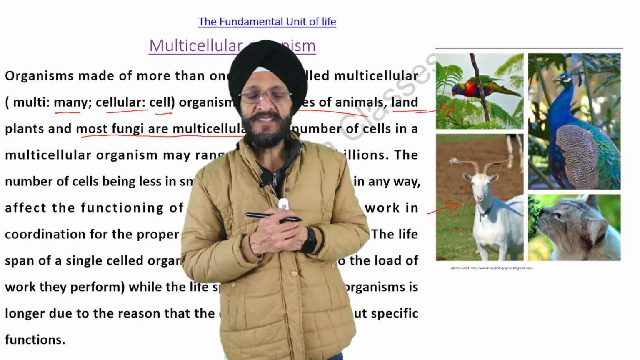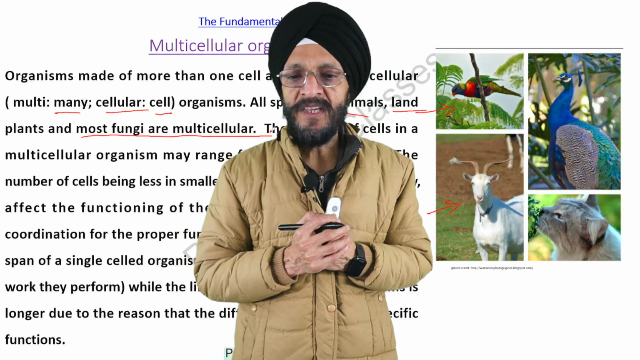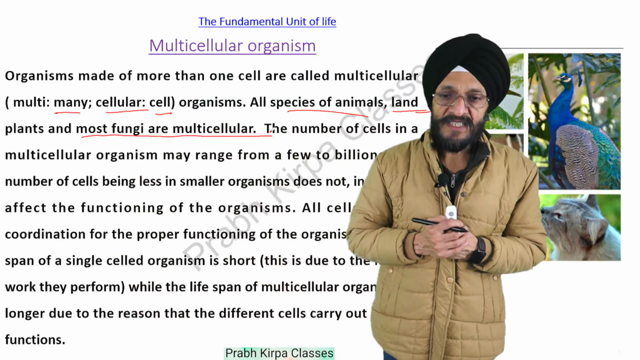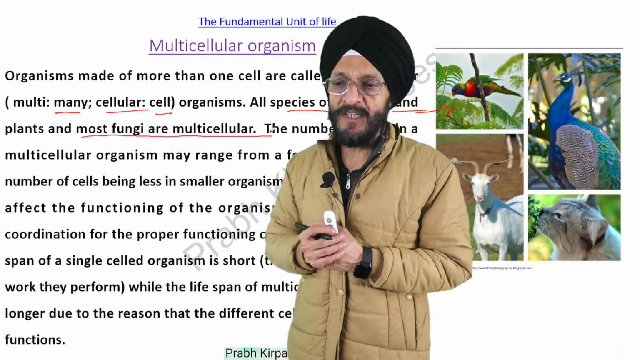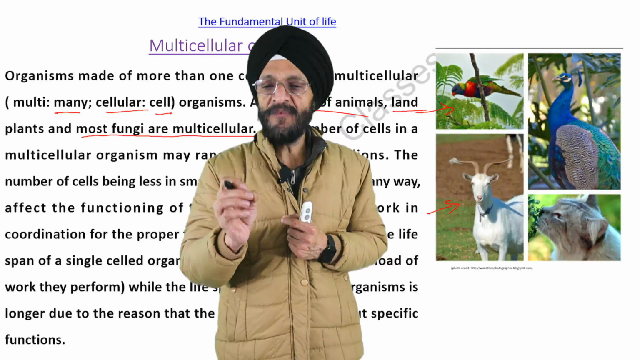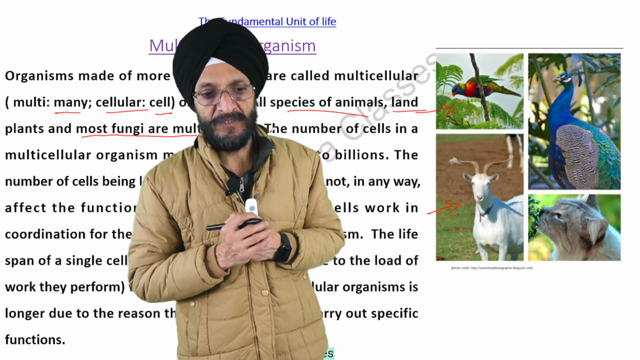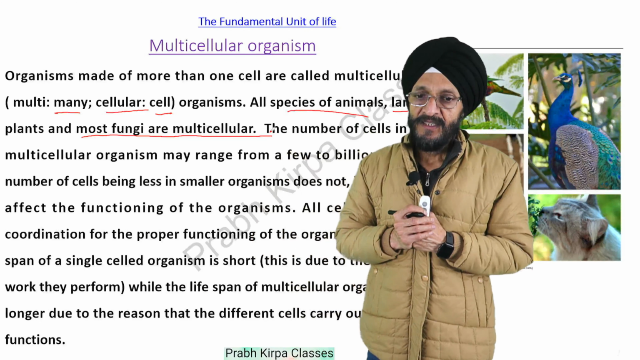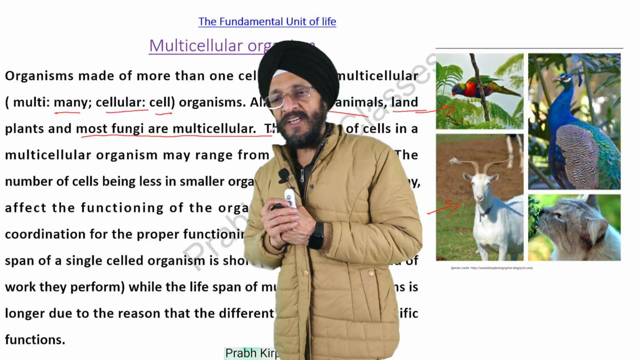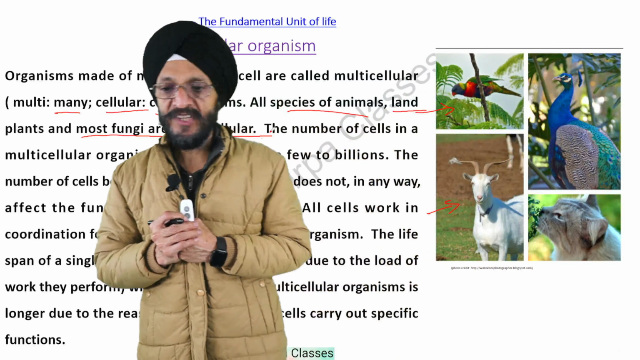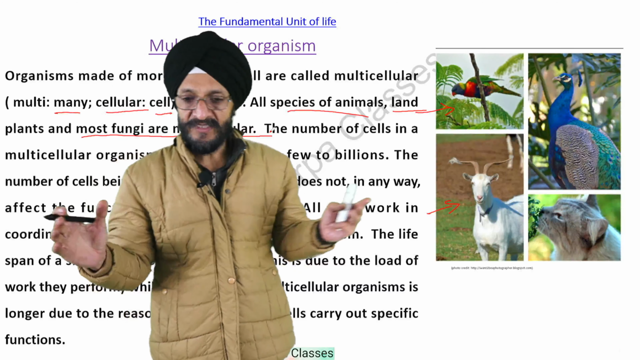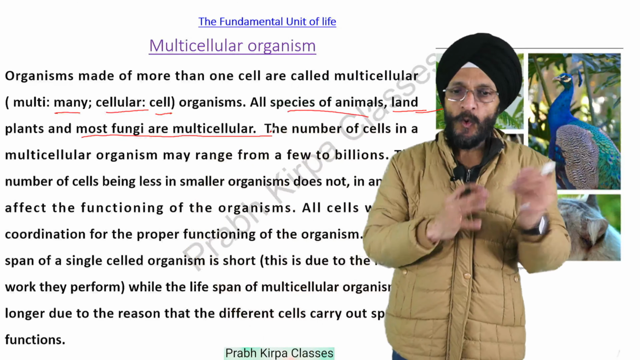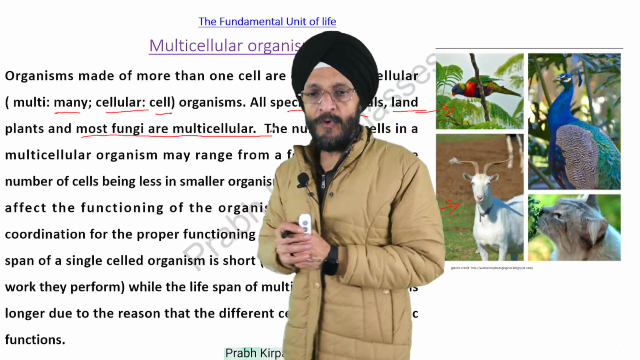Now the question arises, how many cells are present in a multicellular organism? The number of cells present in multicellular organisms may range from a few to many billions. The number of cells being less in smaller organisms does not mean that it affects the functioning of the organism. All the cells present in multicellular organisms work in coordination with one another for the proper functioning